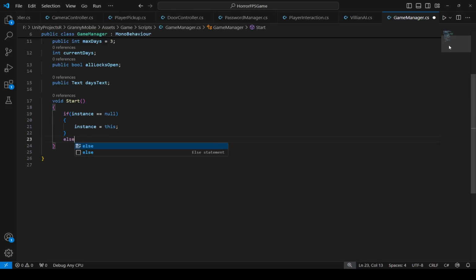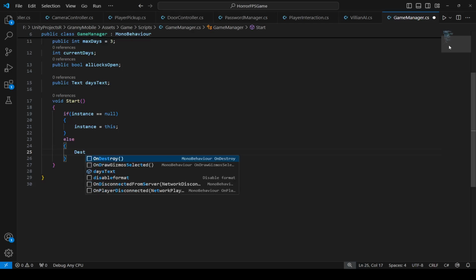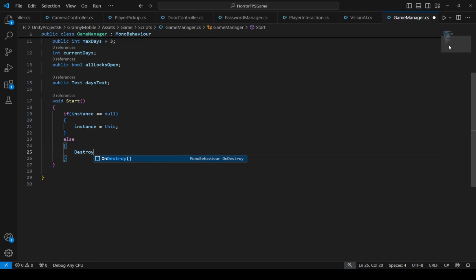Alright, else we will delete this game object, so type Destroy(gameObject), that's it. Now after this we're gonna set the current days to maximum days,